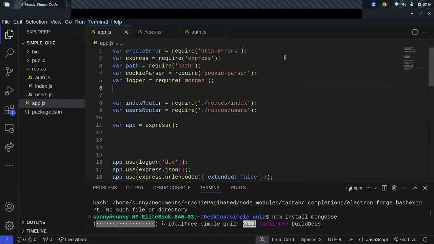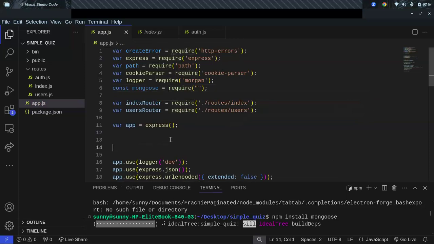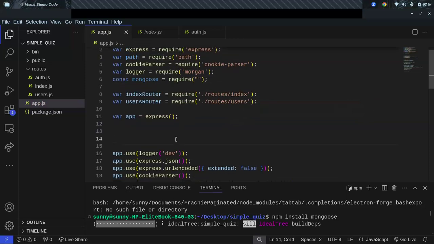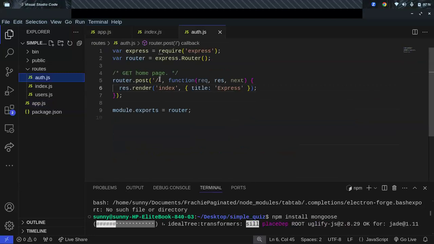Then here we could say const mongoose equals require mongoose. Okay, mongoose is not installed yet, of course. Then what else can we do? We can start with authentication. We can say